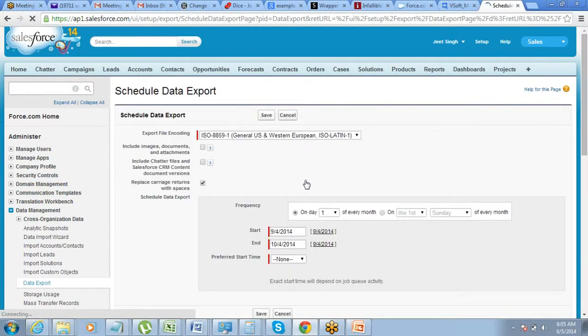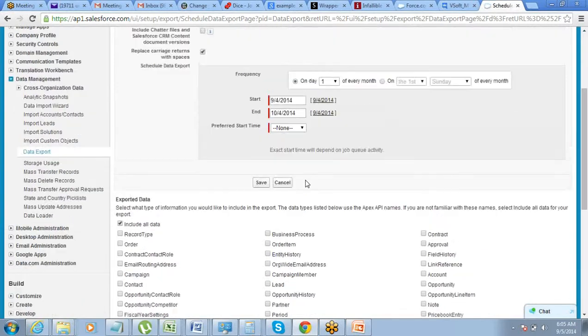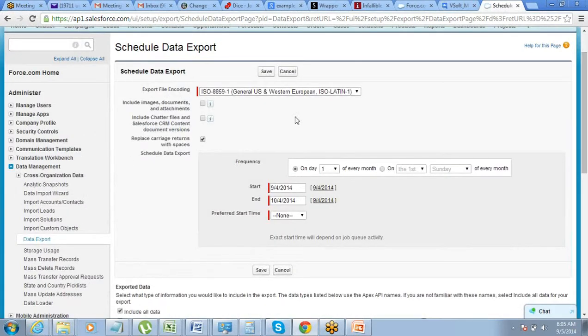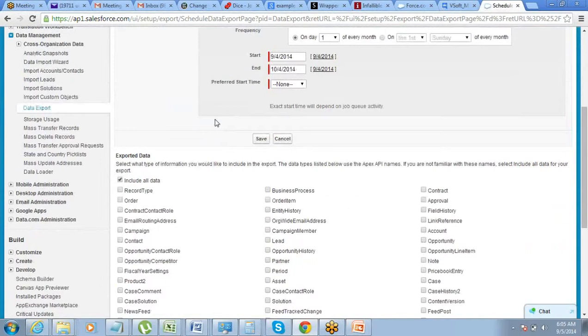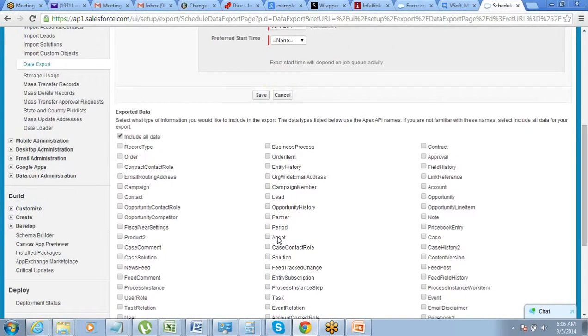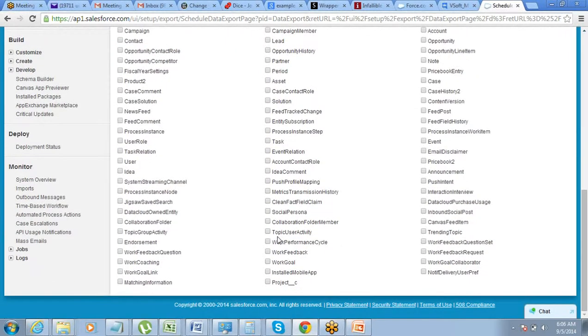When you click on Schedule Export, there are two things that you have to do. One, you have to define the frequency. Don't get into these things again for now; you will gradually start understanding all those things. You have to define a frequency for the export, and you have to define which objects you want to export. In Salesforce, there are so many objects. You did not know, right? You see it here, how many objects they already have in Salesforce. You never created all these; these are all by default.